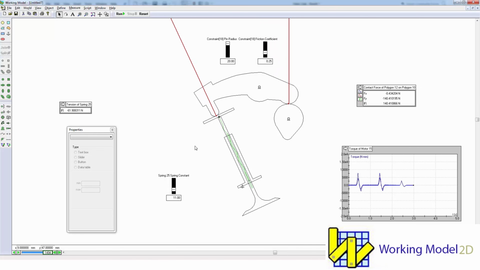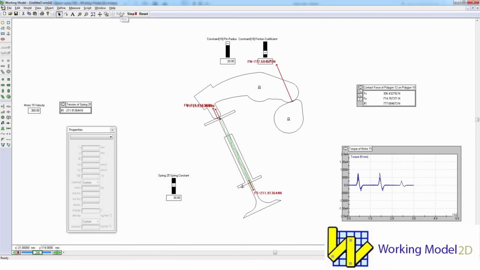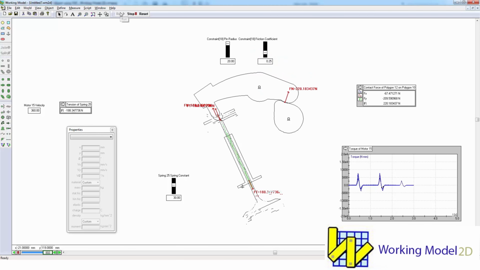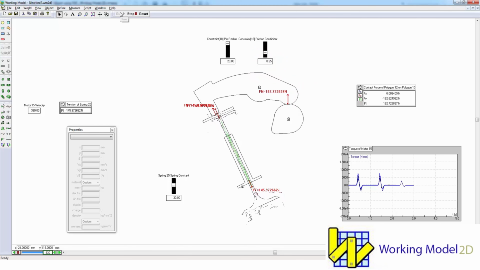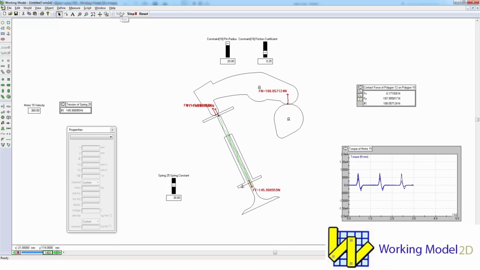So very easy to set up these models, very quick to analyze them, very powerful, a lot of capability in Working Model 2D. The other thing I'd like to mention is that Working Model can be linked up with MATLAB and Excel. So control systems, for example, can be simulated along with the dynamic motion model. With Excel, you can exchange information in real time. Maybe there's formulas set up in Excel. Maybe there's a table of data that you're using to interpolate with, maybe drive a motor.